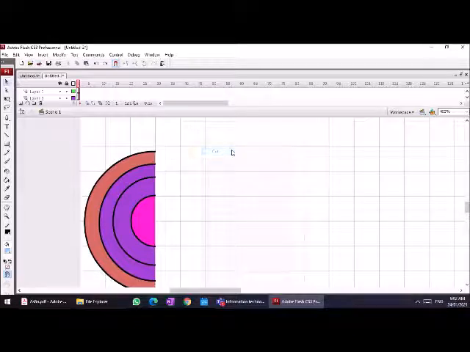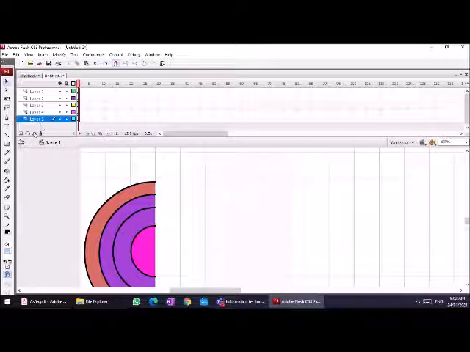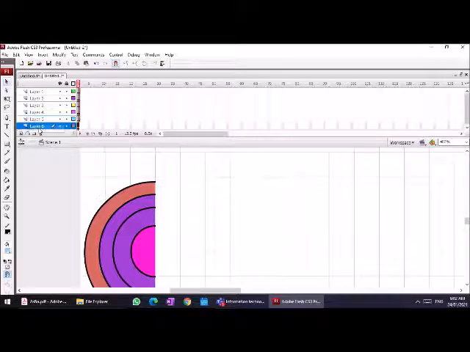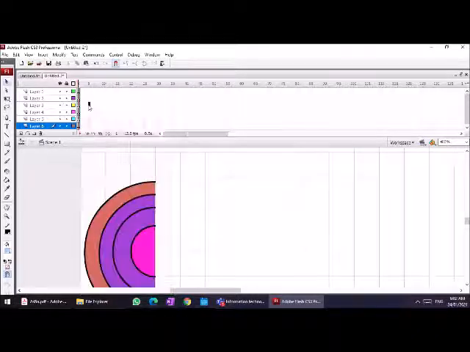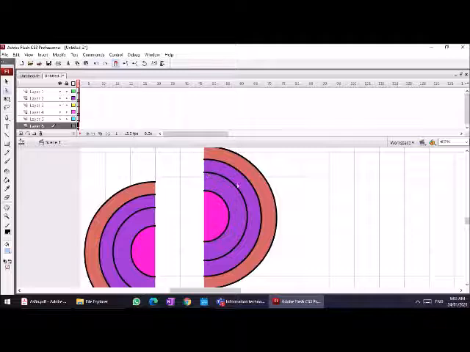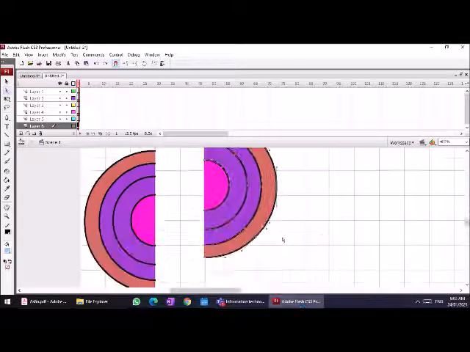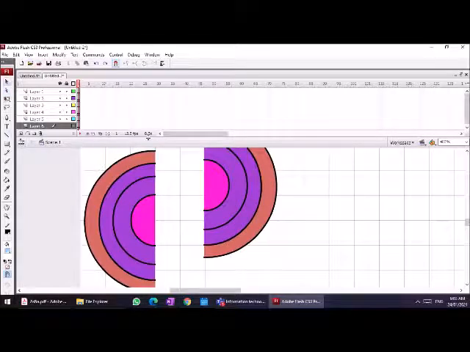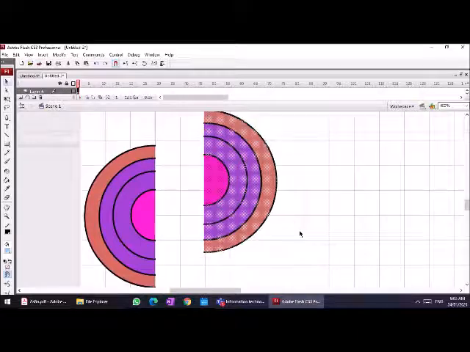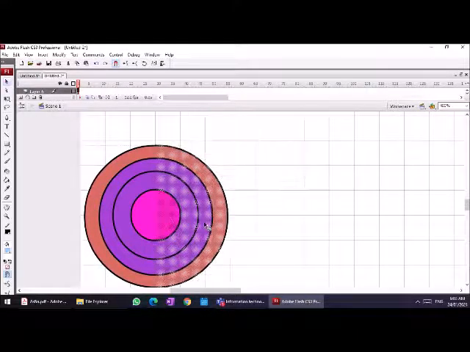You can cut it and go to the other layer and paste it over here. So this way we have two different shapes. You can color it differently.